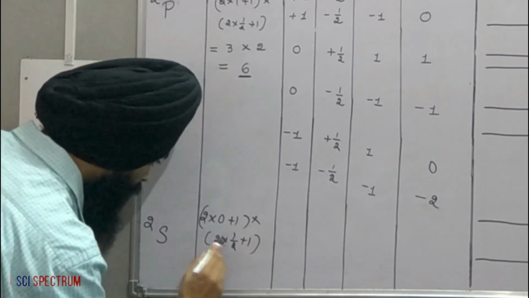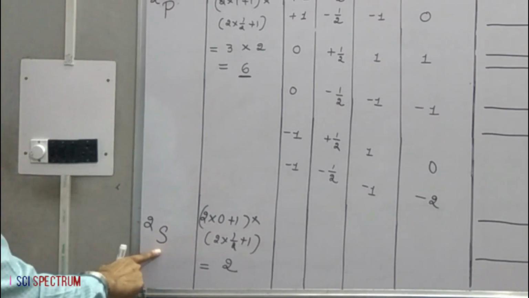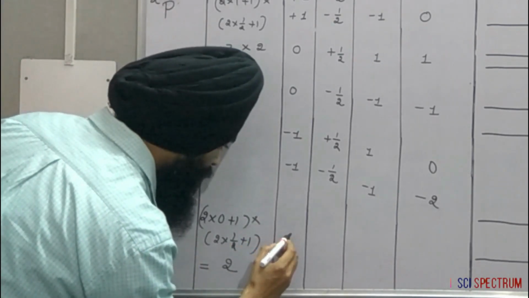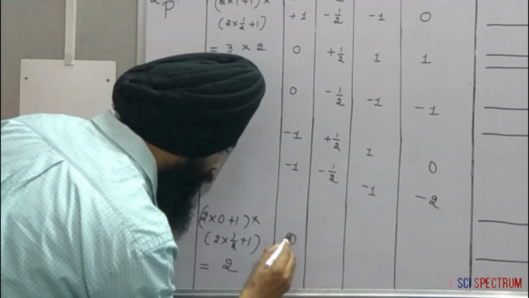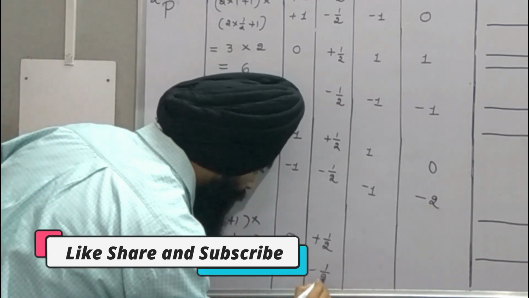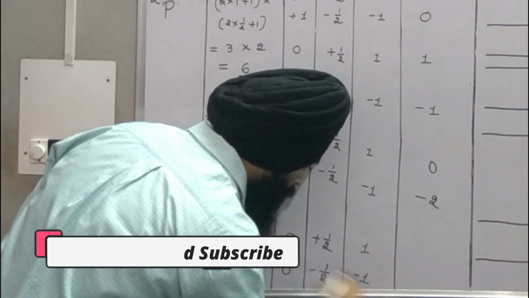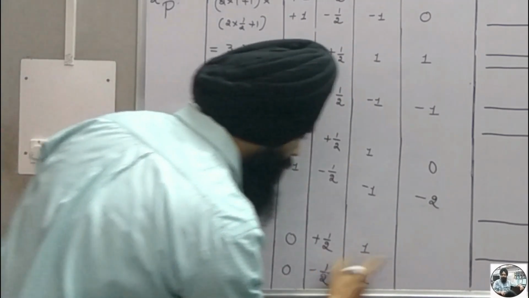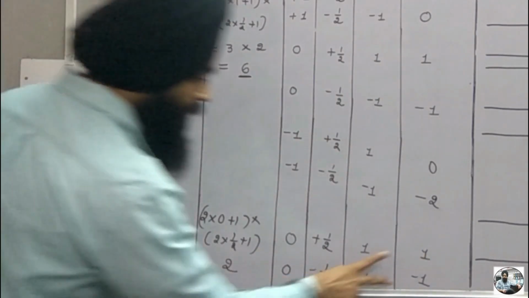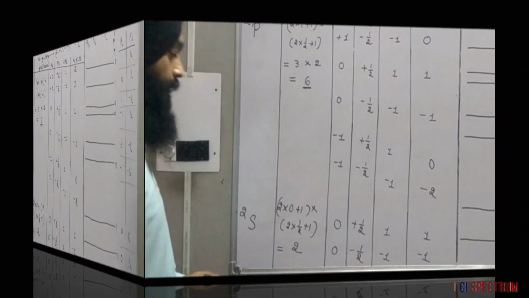So we have 1 into, so only 2 levels. For S L is equal to 0, so we have ml value is 0. For each ml value we have ms plus half and minus half. So 2 ms is 1 minus 1. We will add this plus this, 1 minus 1. So we have 2 levels according to this formula. These are the 2 levels.